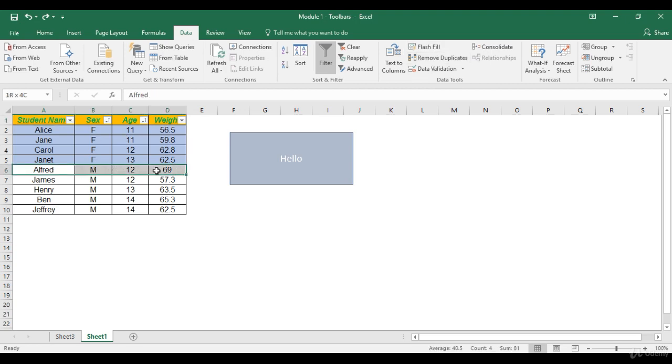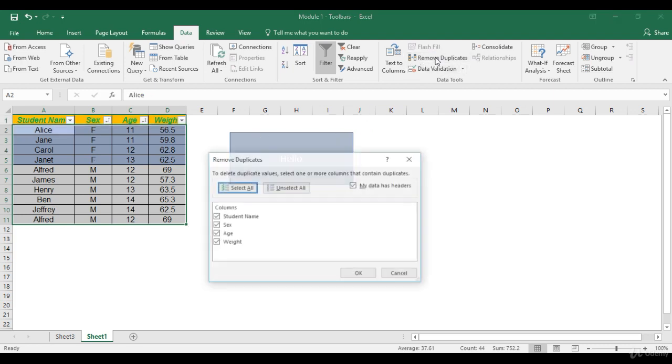Let's make some changes to this data set. Let's say I've got the same information which I had over here appearing over here also. Now this is just an example of 9 odd students, but what if I've got 10,000 records? It would be very difficult for me to remove the duplicate values by just looking at the data. So right now I know, okay, Alfred is appearing over here, Alfred is appearing over here also. But if I click on remove duplicates, it will take care of this particular row which is being repeated twice. So I select the entire data set, I click on remove duplicates.